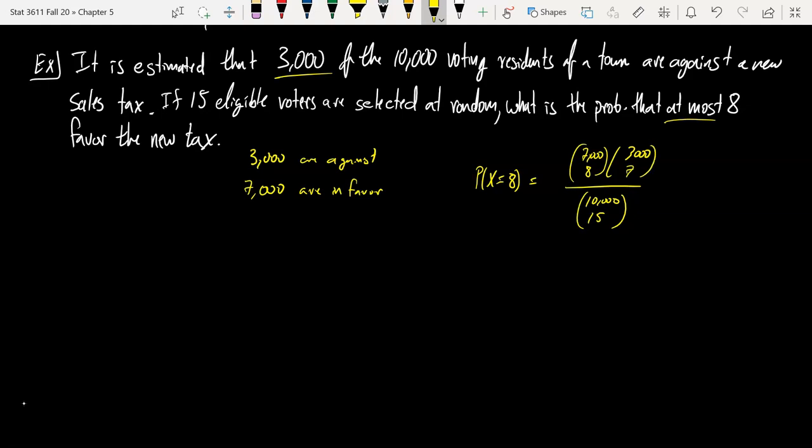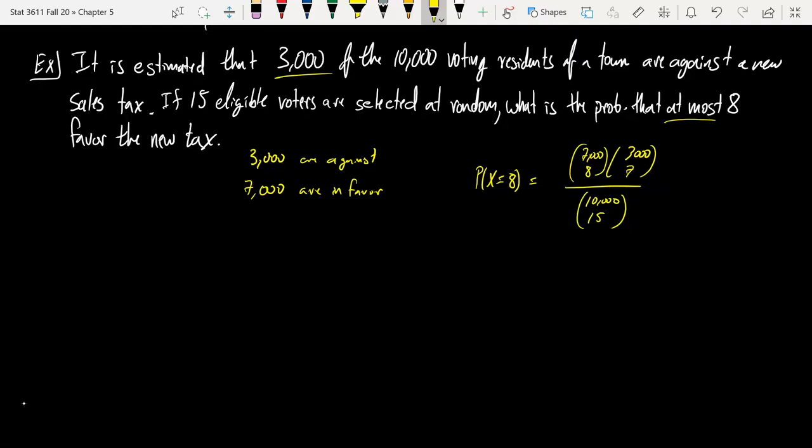Okay, these combinations aren't going to work very well because, for example, 10,000 factorial is pretty large when you start to break up the combinations into factorials. So this is problematic, all right? That's problematic. So how does this relate to the binomial distribution? Well, think about one of the fundamental differences being sampling with replacement versus without replacement. Okay, if I am getting a probability that at most 8 favor the new tax,